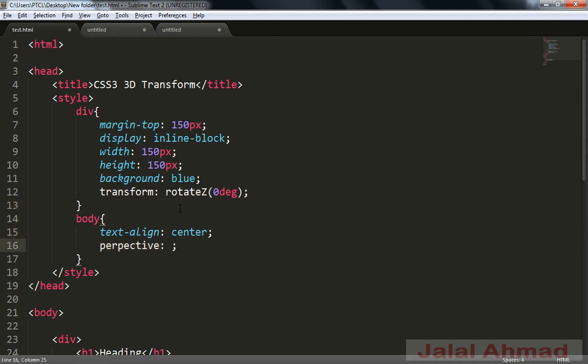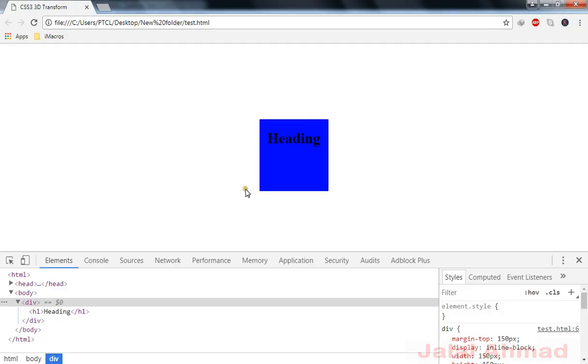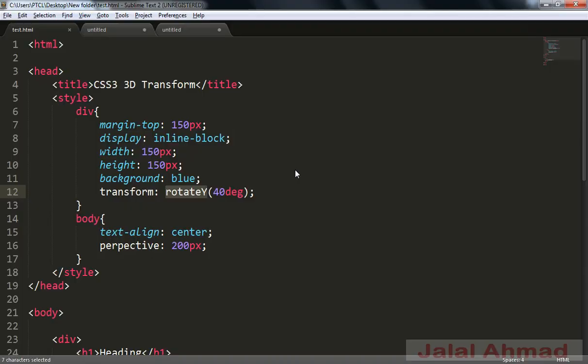this into here, and will write here the same as up to 200 pixels values, and this element I would like to transform, that is, let me write the x or y, and write the 40 degree. Now the parent element here is taking this value, and the child element where we want to apply this perspective is transformed. Let me save and refresh, and you will see